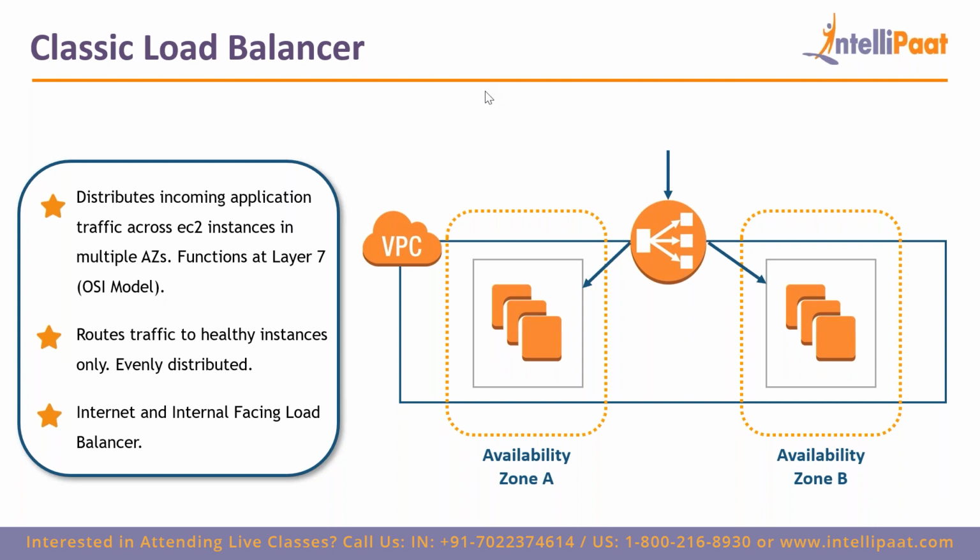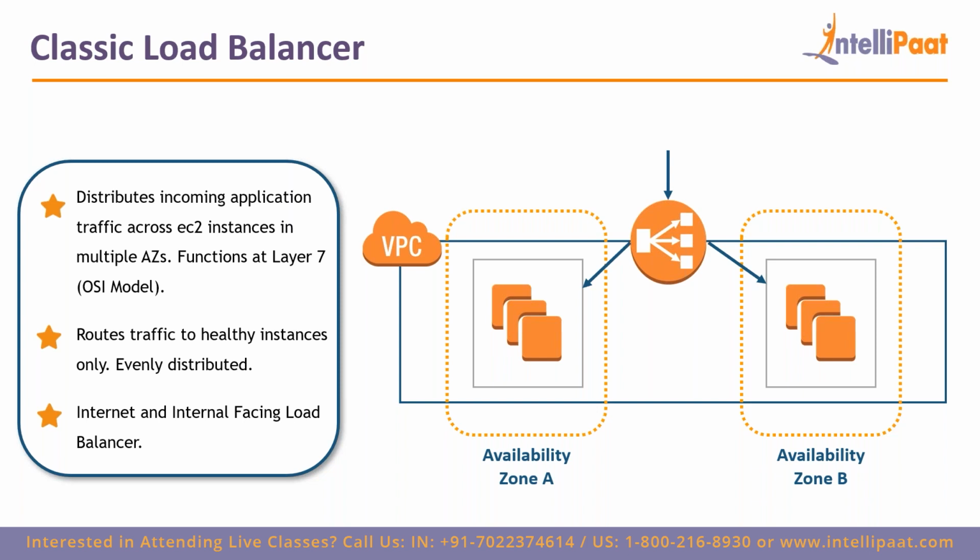You can see here the classic load balancer. There are two availability zones, availability zone A and availability zone B, and there are some instances here and some instances over here. Whenever you type in the URL of the classic load balancer, it'll take you to an instance in zone A or one of the instances in zone B. There is no particular way of doing this, because whenever you refresh it, it'll take you to a different server, or you might be on the same server. There is no particular way classic load balancer works. It's basically the traditional way.